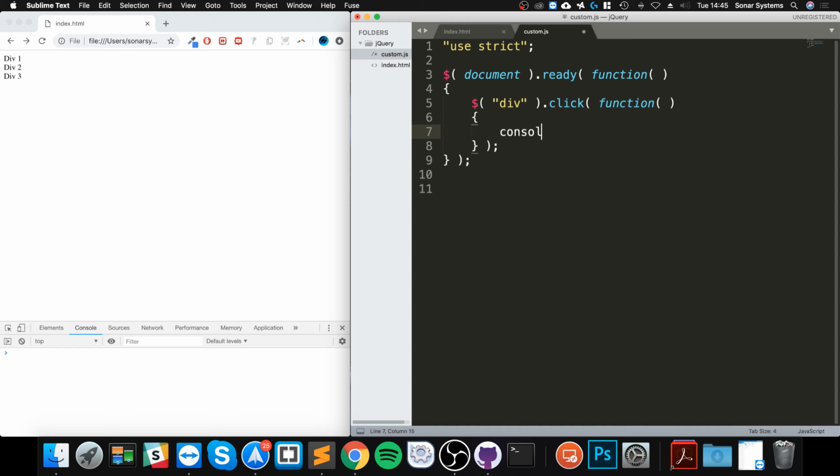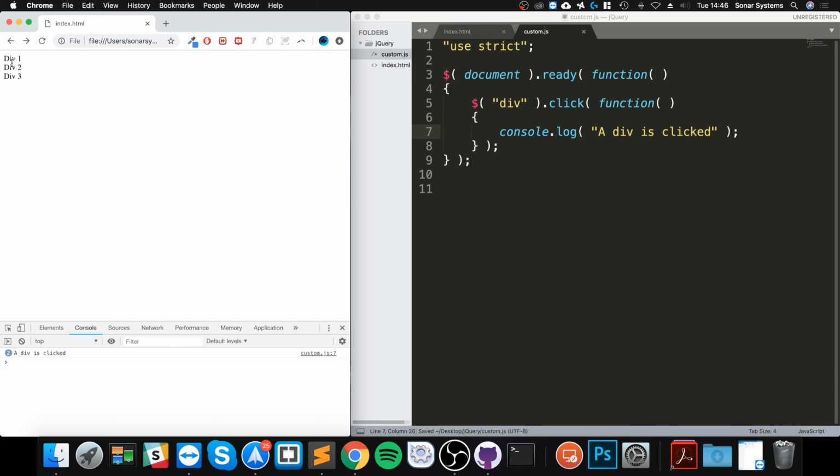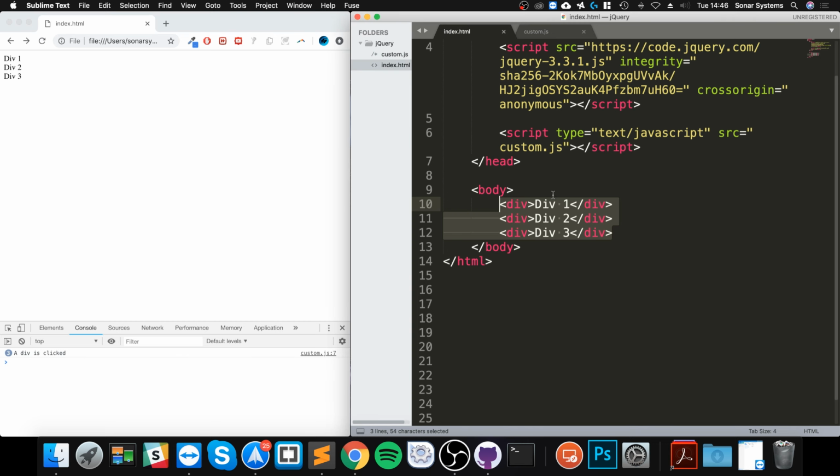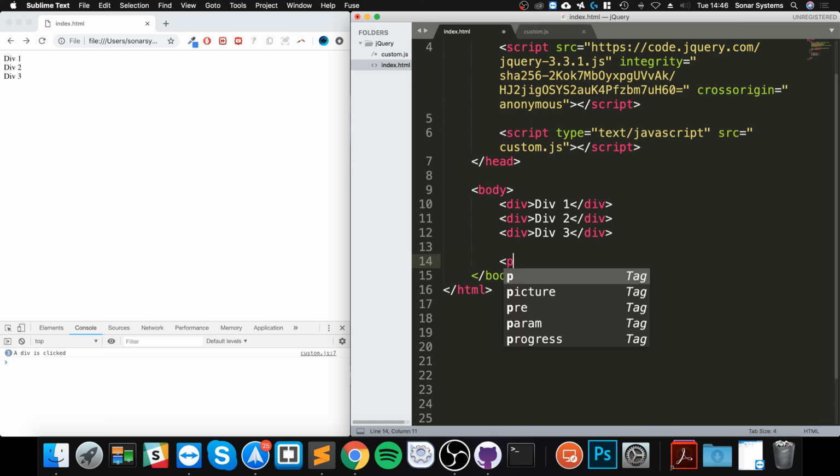If I were to do a console.log and say a div is clicked, and I reload, and I click it, a div is clicked on any of them. If I were to, let's say, add a p tag now, and I'll say epic paragraph,